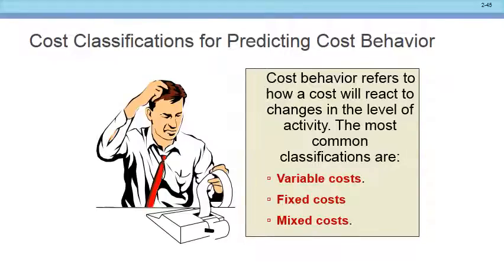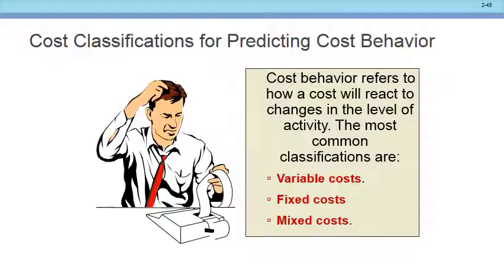How about the supervisor's salary? Okay. Well, I'd say it kind of depends. If they're on salary pay, then it's fixed. If they're paid by the hour, then it's probably variable. Okay. I'll tell you what. Yes, sir. But the busier you get, don't you need to hire more supervisors? The busier you get, the more supervisors you need.